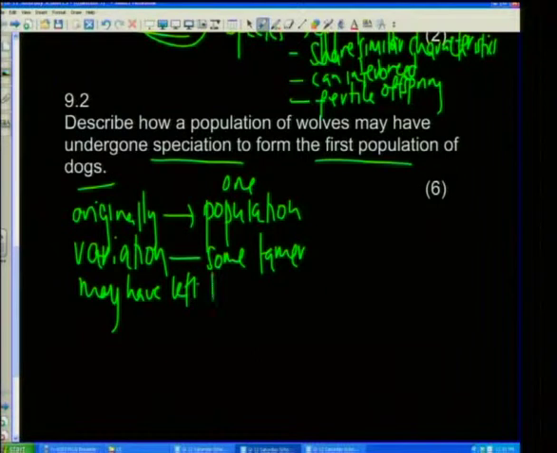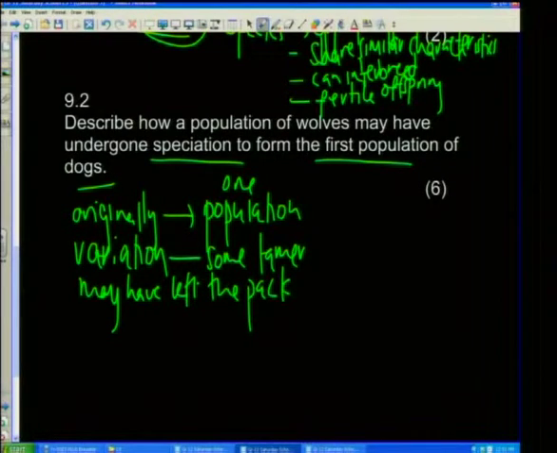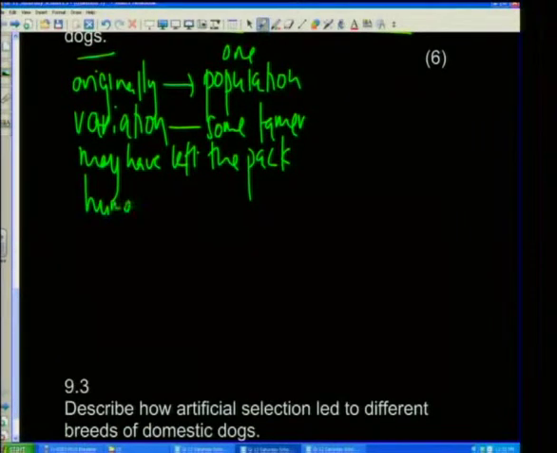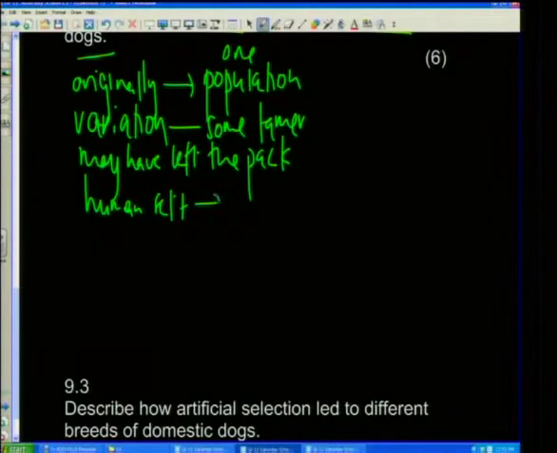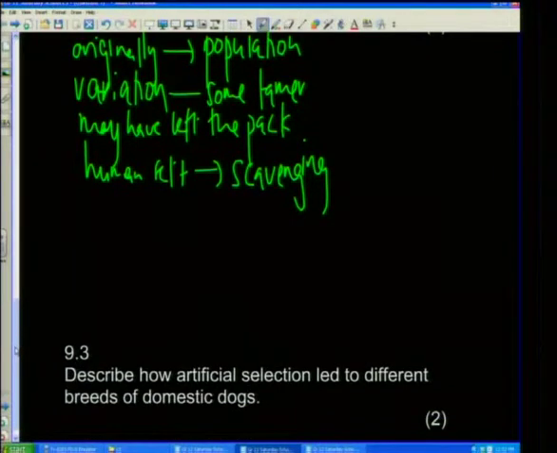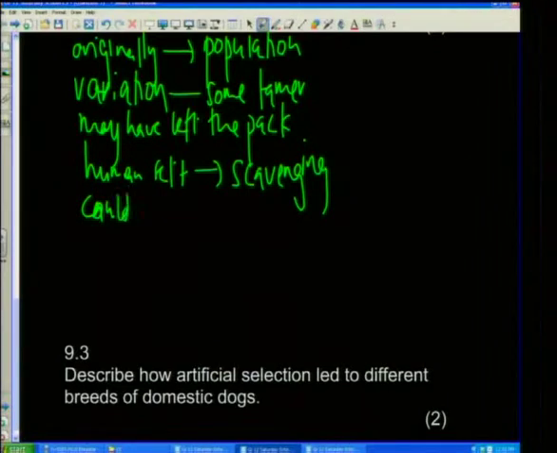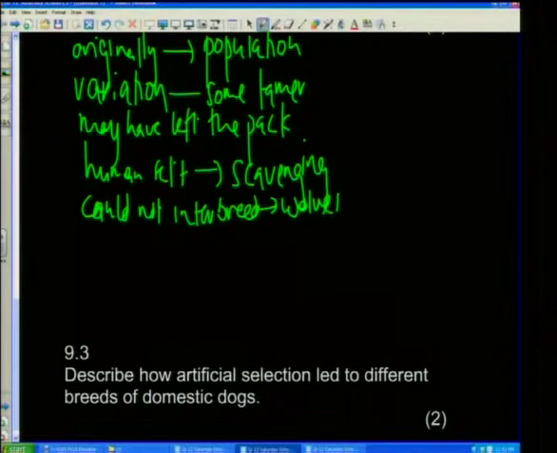left the pack. Remember, wolves hunt in packs. They left the pack and moved towards the human settlement. Why? Because they were tamer and they would not want to hunt, so they became scavengers. And while they were there, they got separated. Because they were separated from those other wolves, they could not interbreed with the other wolves. So therefore, they underwent natural selection